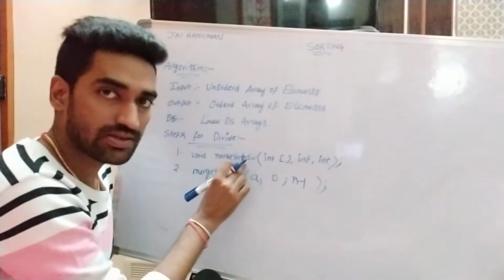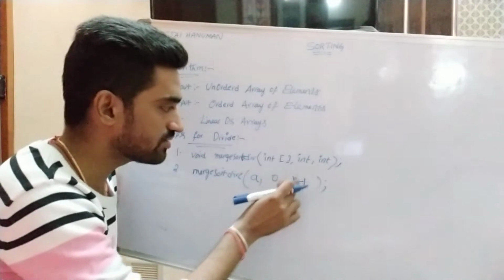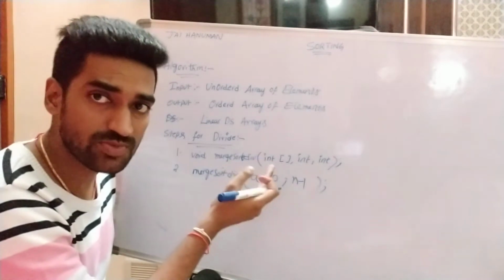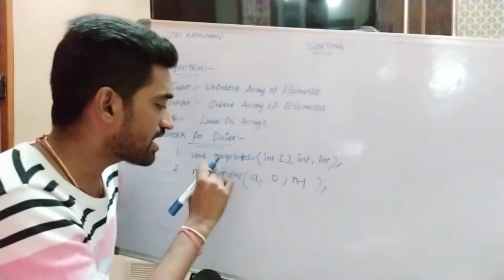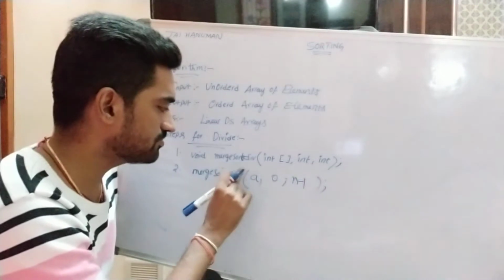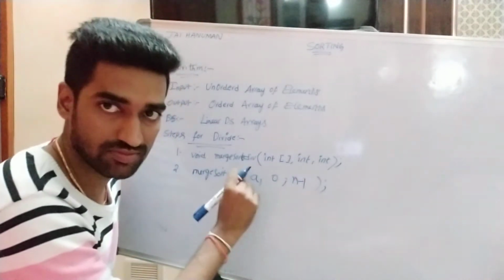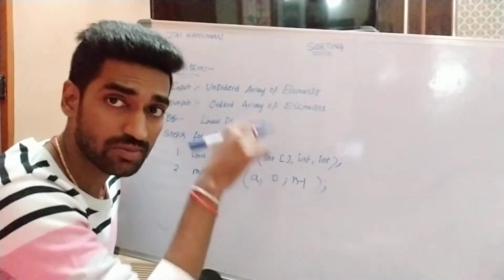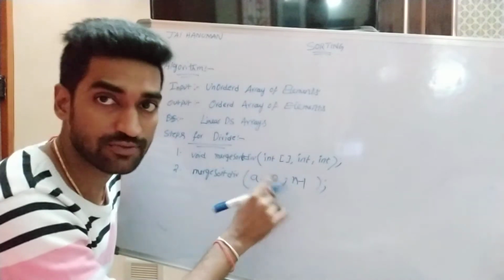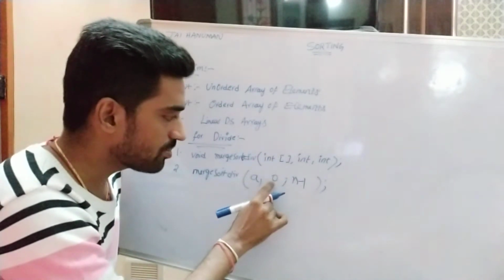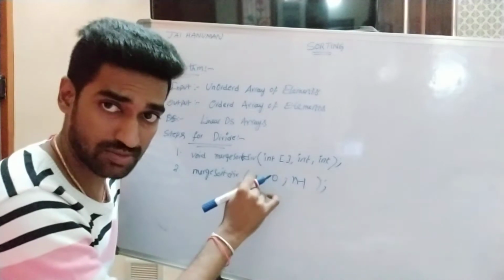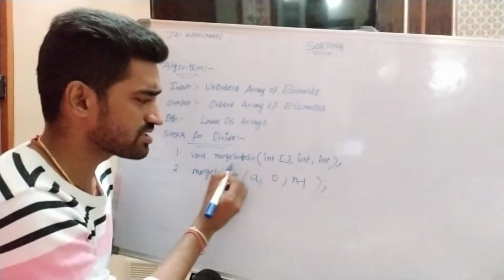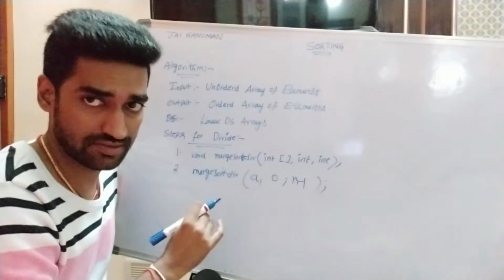Low is equal to 0, high is equal to n minus 1, or directly how to write the values for low, high, right? So we know very well the difference between actual parameters and formal parameters. Actual parameters are defined in the function call, right? So during function calling time, actual parameters are copied into formal parameters. Formal parameters are present in the function definition, right? So simply we are copying all the actual parameters into formal parameters. Then we can apply the procedure. Or otherwise you have to write low is equal to 0, high is equal to n minus 1. Any one of them is correct, right?